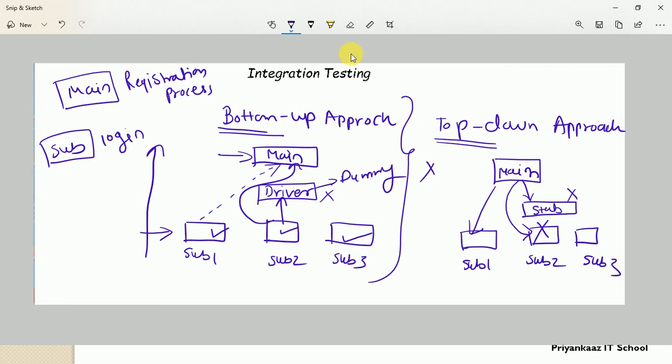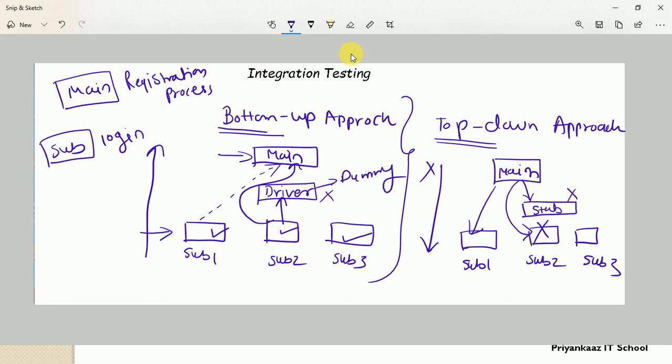So here is the concept of the bottom up and top down approach. Here there may be a question: what is a stub, and what is the top down approach? So what is a stub? A stub is nothing but a temporary code, a temporary program which is developed instead of the sub functionality. Clear? And this is the concept of the top down approach. So we can say this is the execution process, the development and testing activity process.